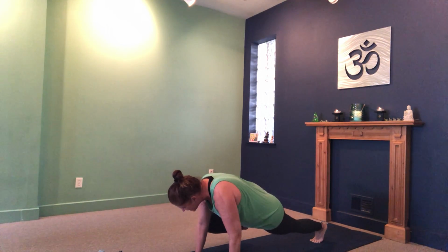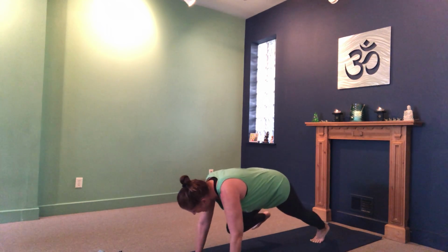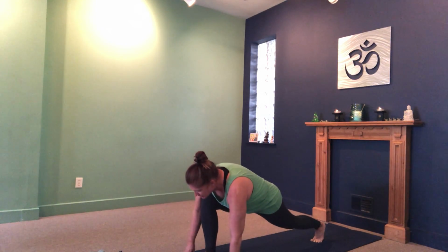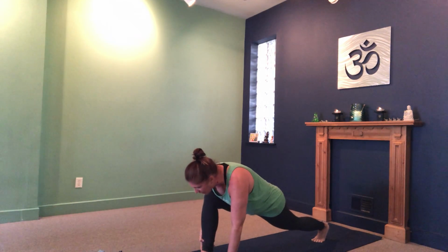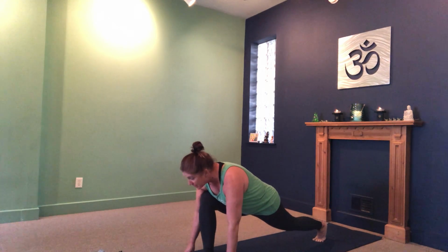And then finding the strength in the center of your body. Bring now your right knee behind your right arm, and then see if you can step your right foot to the space between your hands. So maybe it took you a couple of drops of your foot. Maybe with your hands you guided your foot to this spot. You're working on a deep bend in your right knee